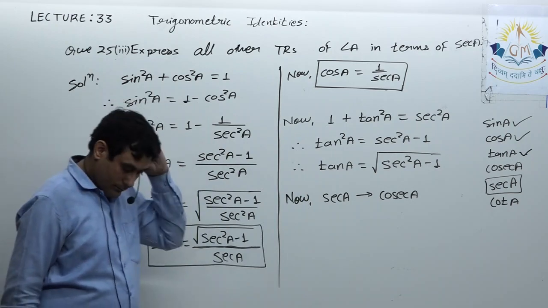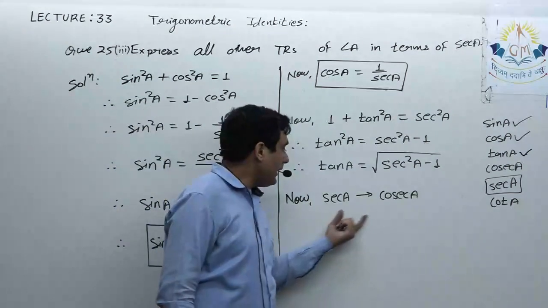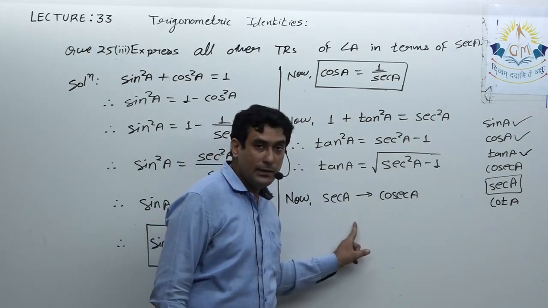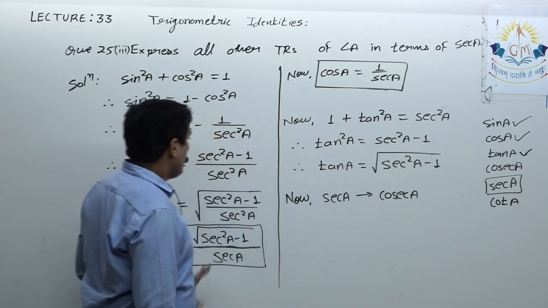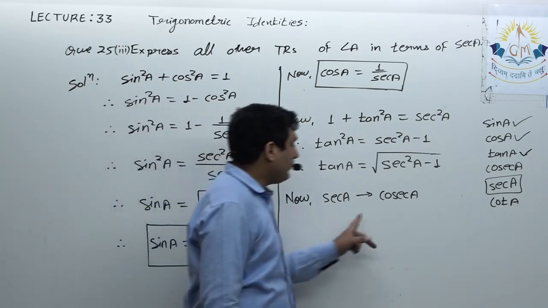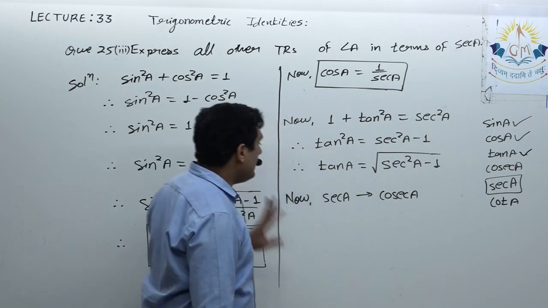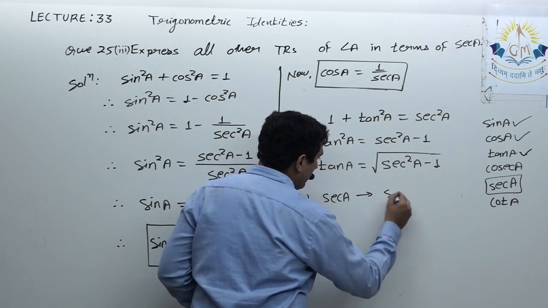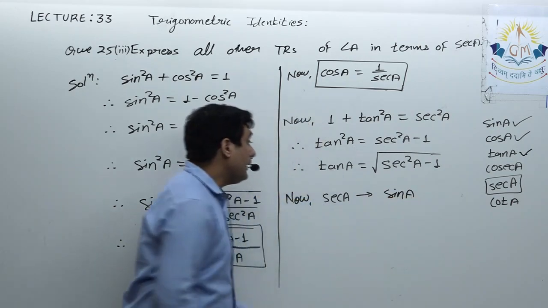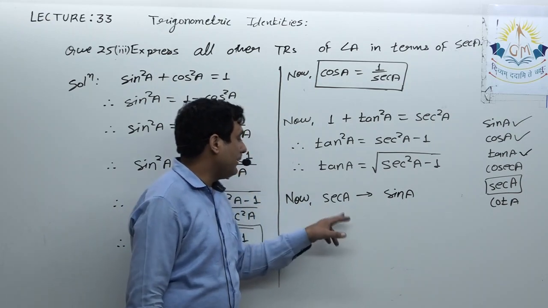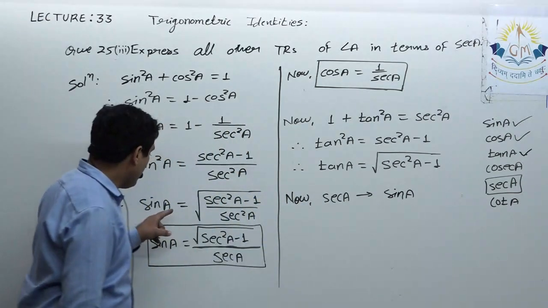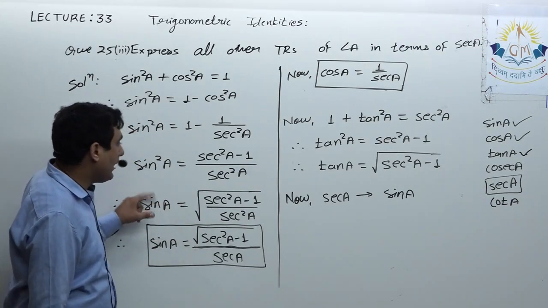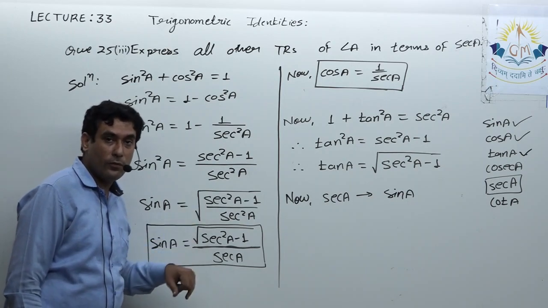So they are not reciprocal of each other. Even there isn't any identity which connects these two directly. So definitely I have to reciprocate at least one of these. If I reciprocate this, this will become sine. Still there isn't any relation between sine and sec directly, but yes, there is a relation between cos and sec, and after obtaining sine I can convert it in the form of cosec.